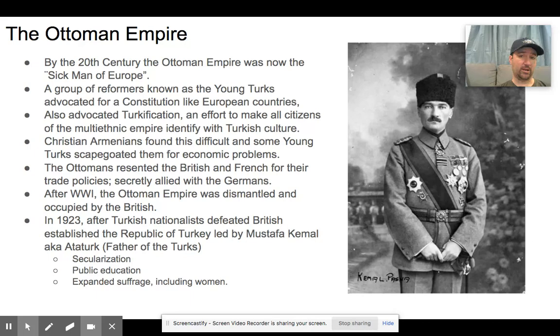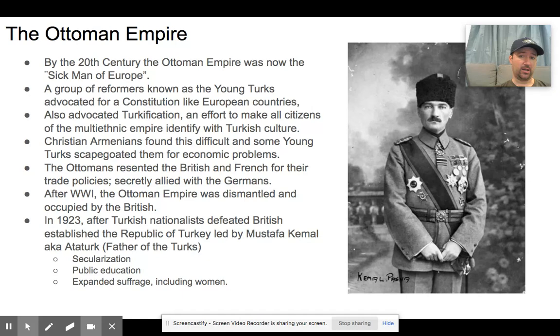And the goal, the thought was that if the war was won, and they believed in the strength of the German powers and the Austro-Hungarian empires to be able to defeat the French and British, in hopes that they could regain territories they had been losing and control over places like the Balkans and other things. This was kind of their last ditch effort to help bring the Ottoman Empire back from total